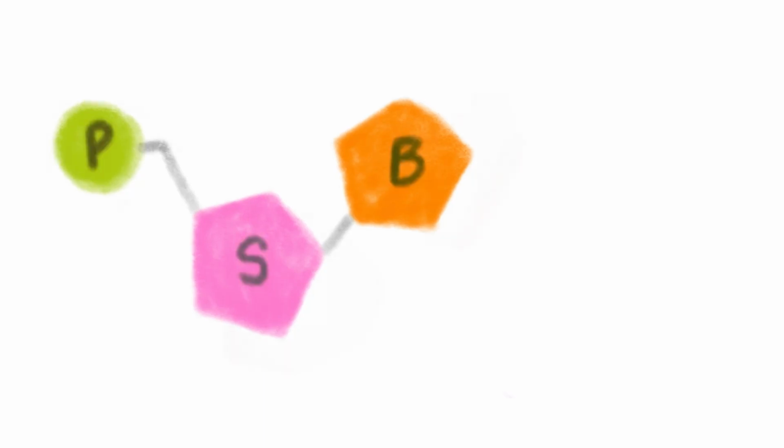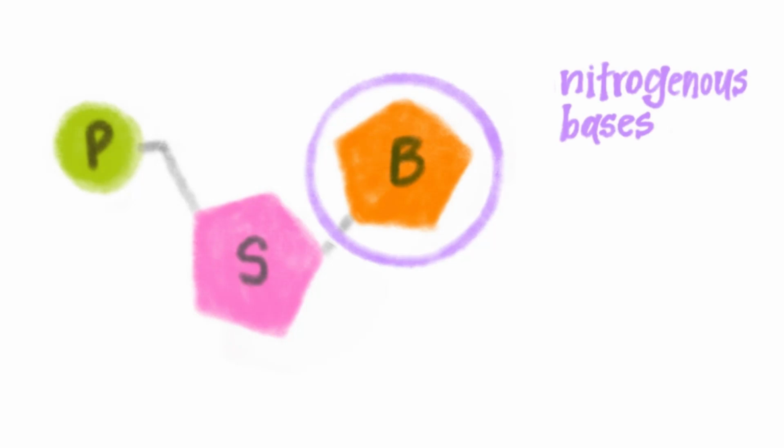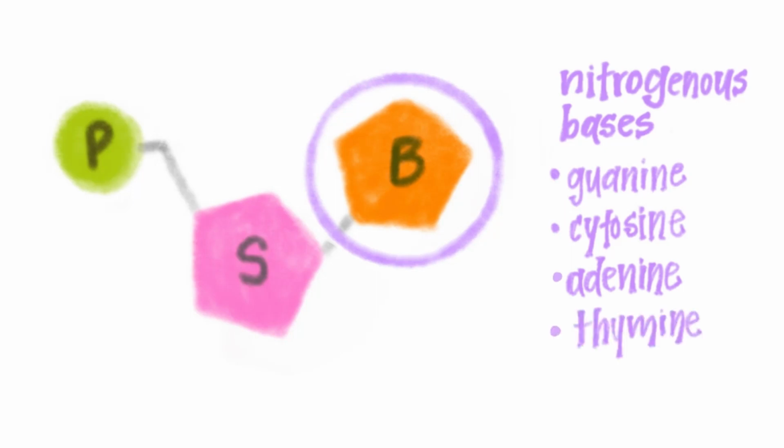If you look closely at each nucleotide, you will notice that there are these tiny pieces that are sticking out. These are our nitrogenous bases. You see, there are 4 nitrogenous bases that can be attached to each nucleotide: a guanine, cytosine, adenine, or thymine base, and we abbreviate them by their first letter. When we string nucleotides together to create nucleic acids, we are also stringing together these nitrogenous bases to create a